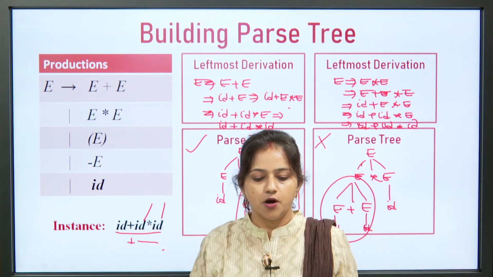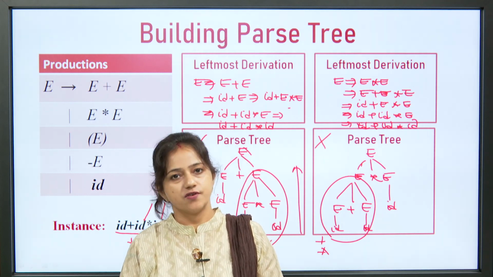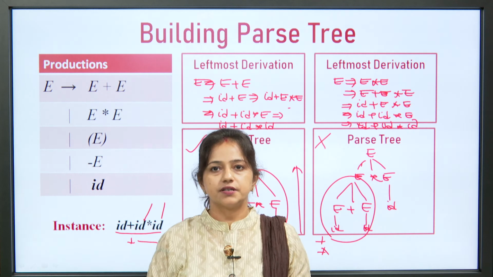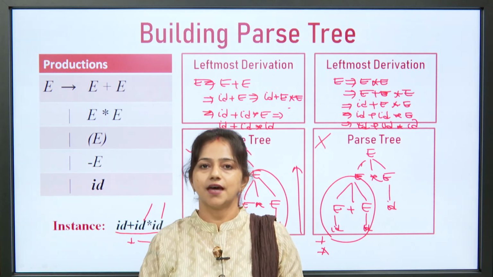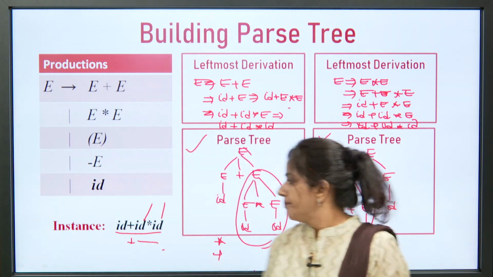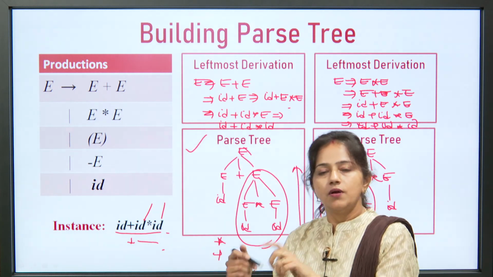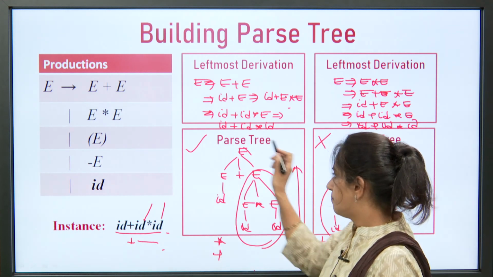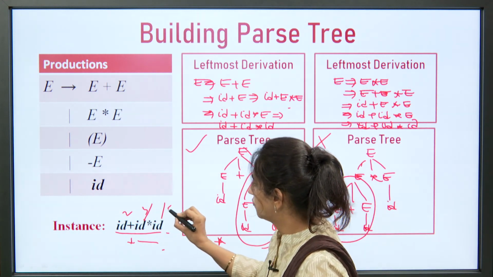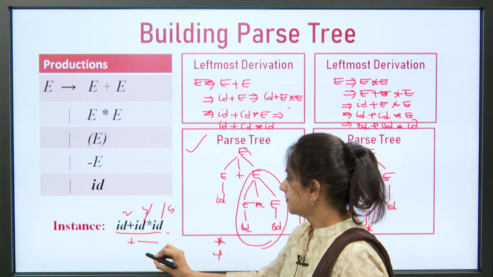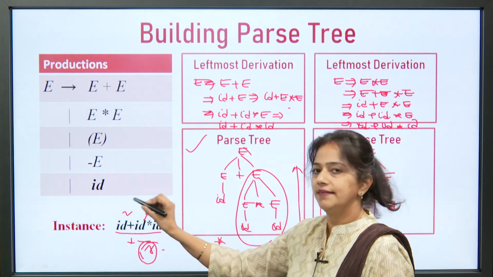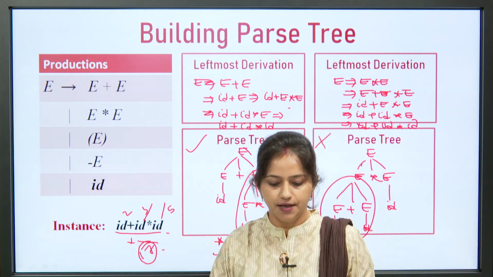So, this is the process of building the parse tree. Here we have shown that there are multiple leftmost derivations and different parse trees, but we have to select only one parse tree, because a single computation should have only one method of performing the computation. Suppose this is 2, this is 3 and this is 5. So, every time we should get 17, right. First these should be multiplied and then that should be added with the previous one.